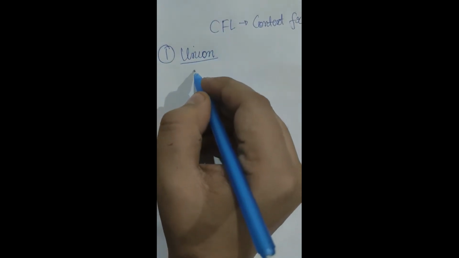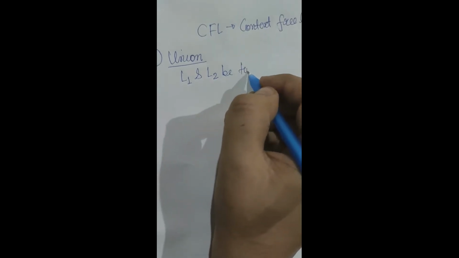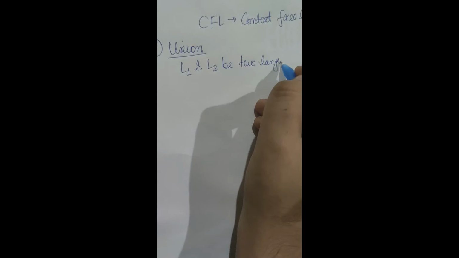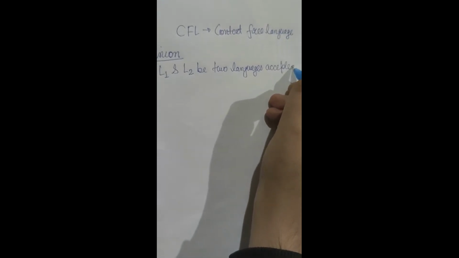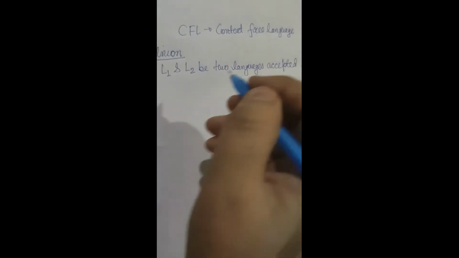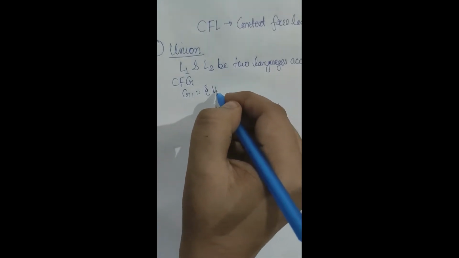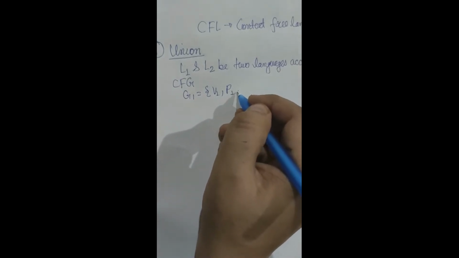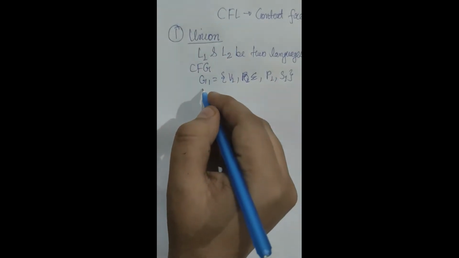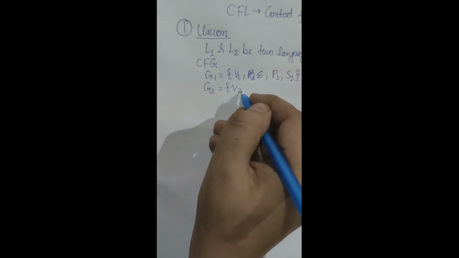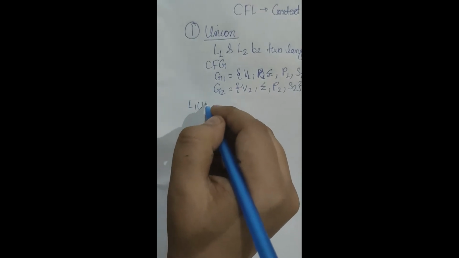Let L1 and L2 be two languages accepted by context-free grammars G1 equal to V1, sigma, P1, S1, and L2 accepted by context-free grammar G2 equal to V2, sigma, P2, S2. So basically L1 union L2 will be accepted by